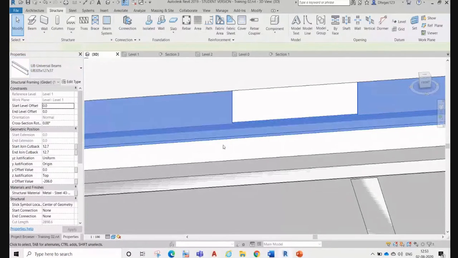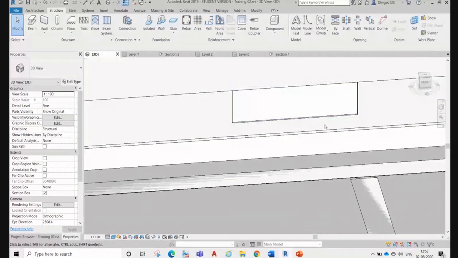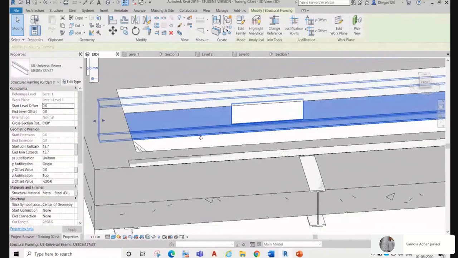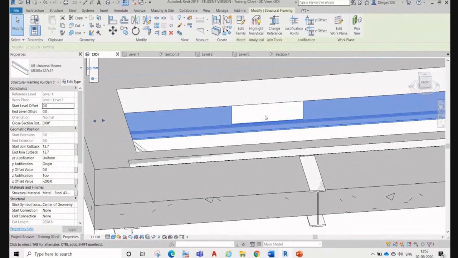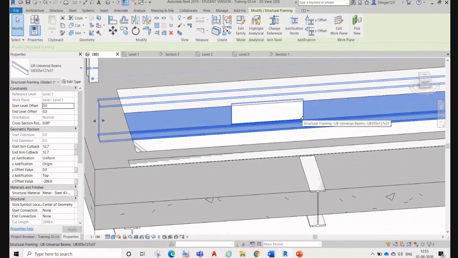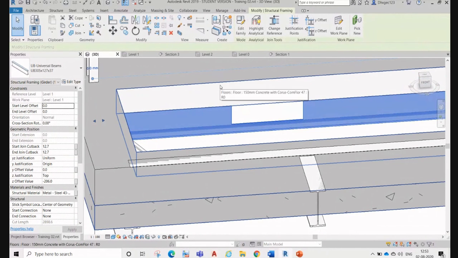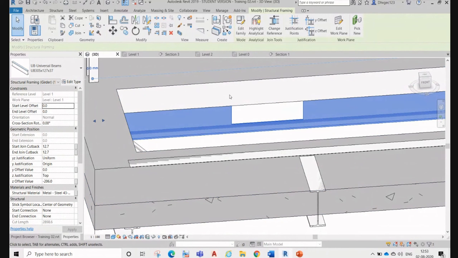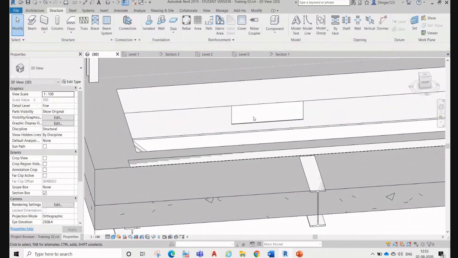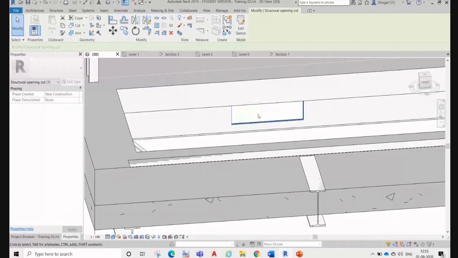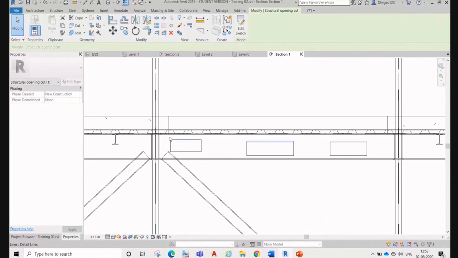So then we have to provide stiffeners or some other plate, so that the strength of this beam doesn't decrease because of that opening, right? So these things we have to do, that is a structural analysis issue. Okay, but here we are focusing only on what we'd call BIM challenges or modeling challenges.